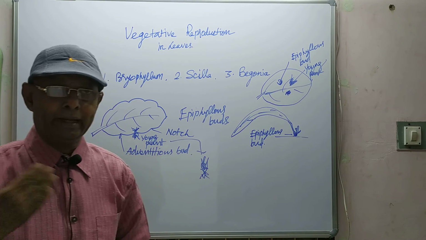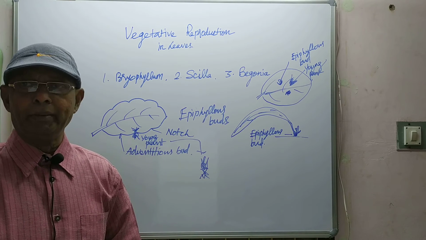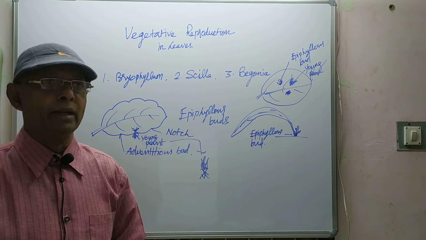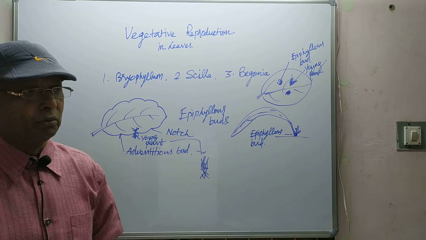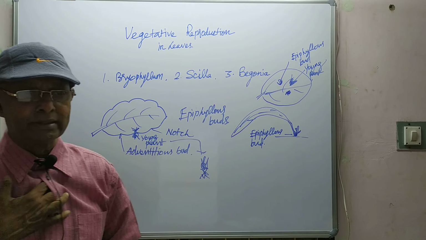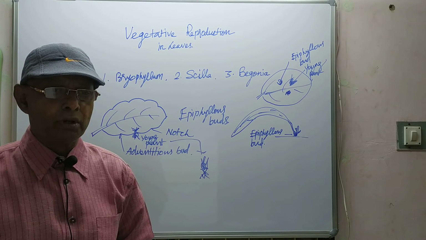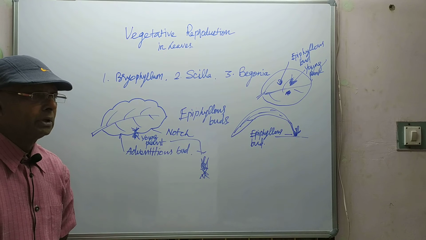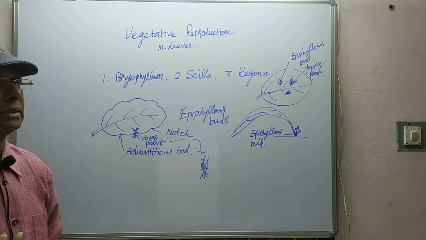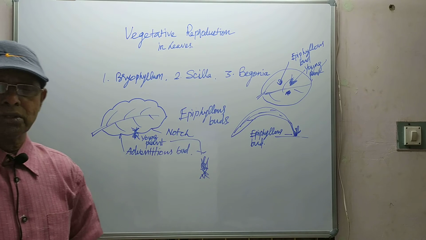But here, any one plant may give rise to a new plant vegetatively by means of the root, by means of the stem, or by means of the leaf. Any part of the plant may produce a new plant, as far as natural vegetative reproduction is concerned. Second advantage, new plants are genetically identical. Plants which are produced through vegetative reproduction are all alike, genetically identical. That is the second point.